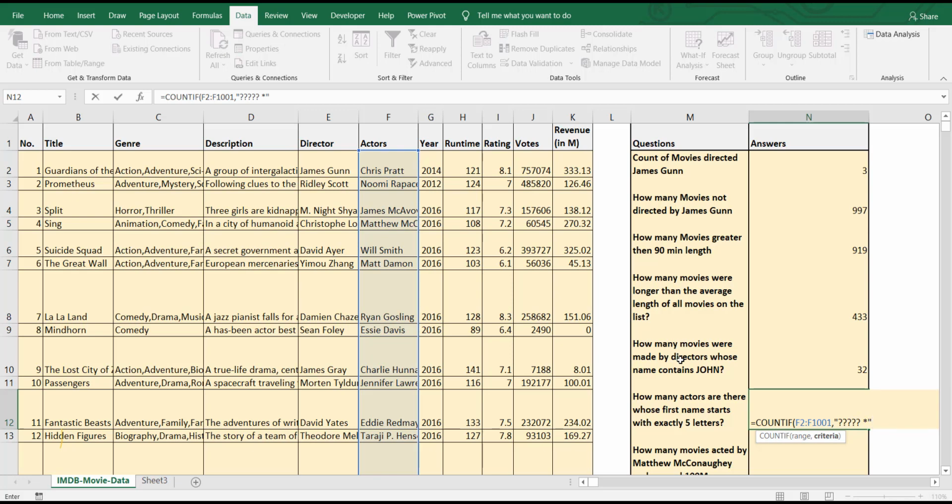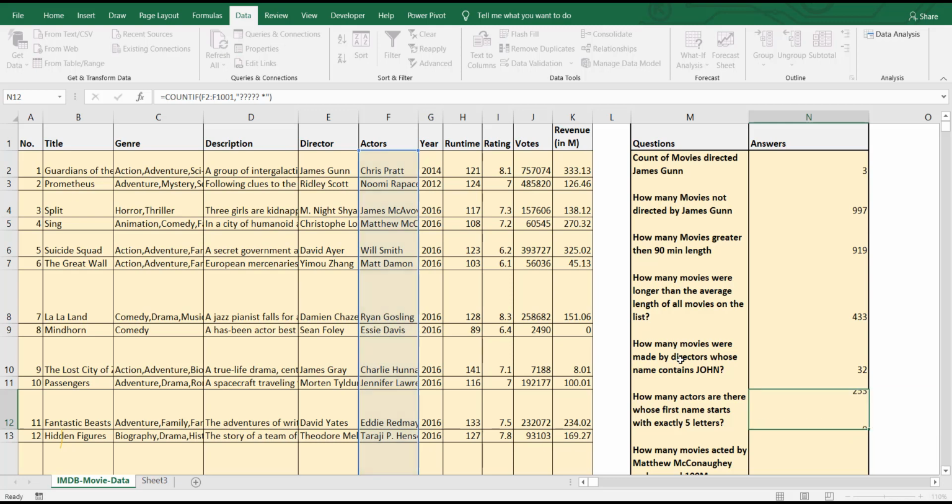Star means after the space any number of characters is fine, but before the space it should be 5 characters.